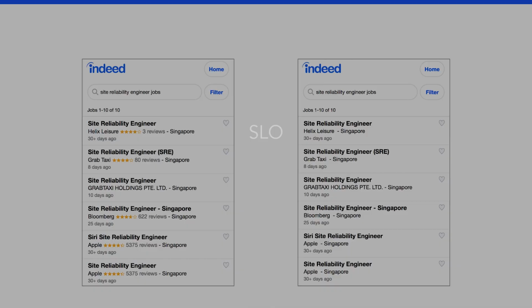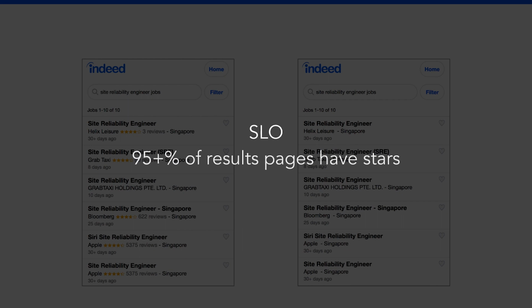We might set a service level objective, something along the lines of 95+% results pages have stars, because we think these are good for job seekers. We think job seekers value them. But we're going to have a hard timeout of 100 milliseconds. If we can't get the stars and the reviews from the service that handles those, we're just going to cut off and stop. And we're going to show you the search results, which are the primary reason you came.